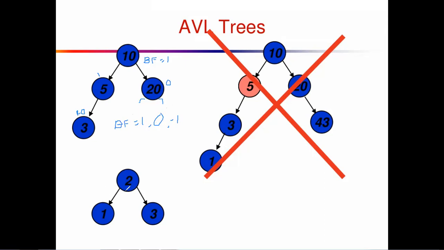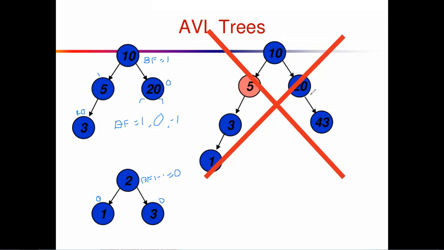If you are talking about the second tree, node 2 has 2 children. The height of the left subtree is 1 here, and the height of the right subtree is 1. Calculating the balance factor of 2, the height of the left subtree, 1, minus the height of the right subtree, 1, equals 0, so again it is balanced, because the balance factor should be 1, 0 or minus 1. For node 1, it is a leaf node, so it is 0, and this is again a leaf node, so it is 0. According to that, we can say that the first and third trees are AVL trees.